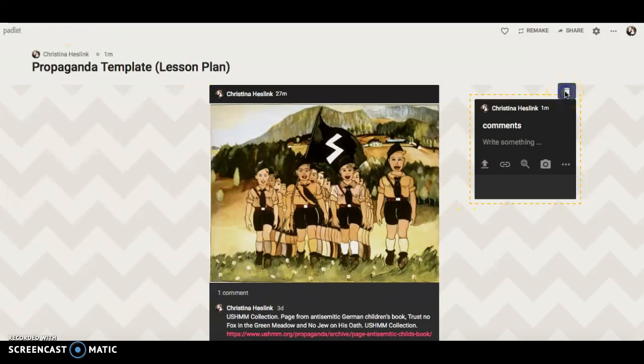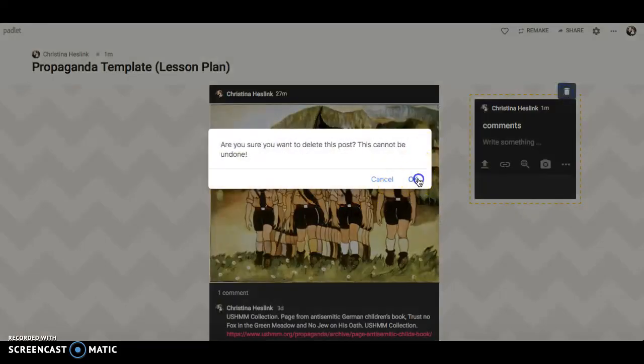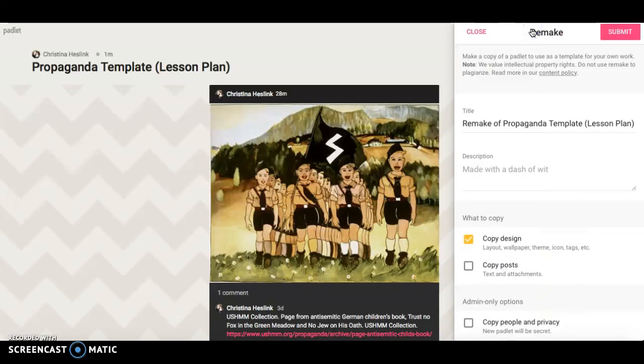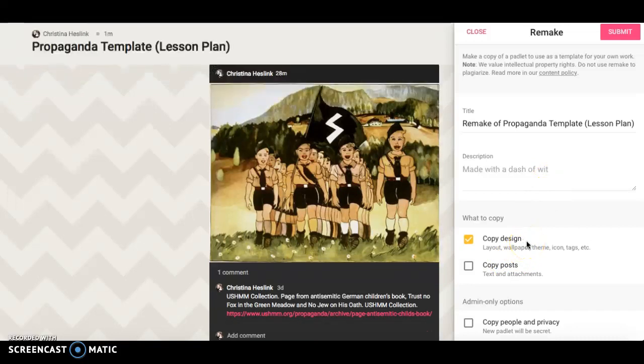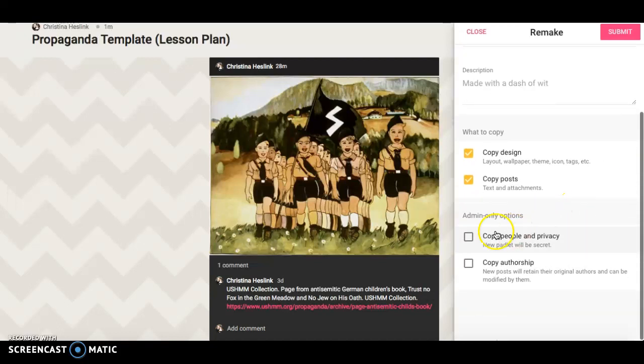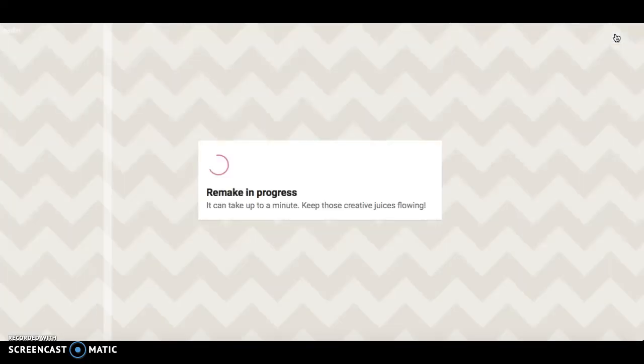I'm going to go ahead and delete this comment because I want to show you how to share a template like this or remake a template like this so that you can have multiple copies. So up on the top, you click the remake button, and then you can tell it exactly what you want it to remake. So I tend to click all of the options because I've designed something that's pretty basic, and then I press submit, and now I have 2 copies of this that I can use